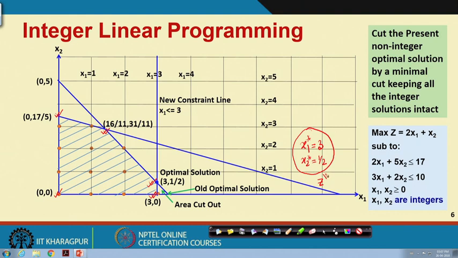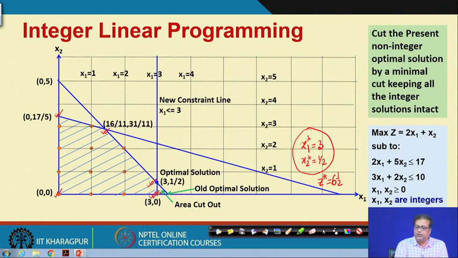What will be the value of z star now? Because 2 x1 is 6, and x2 is half, so this is 6 and a half. Look here, this point (3, 0), here the z value is 6, right. So, this point has a higher optimal value, and as we have seen in our previous plot, the profit line goes like this. Obviously, they are outside. So, suppose I just draw those profit lines. Roughly, that was our earlier profit line. So, now the profit line has slightly gone inside, right.